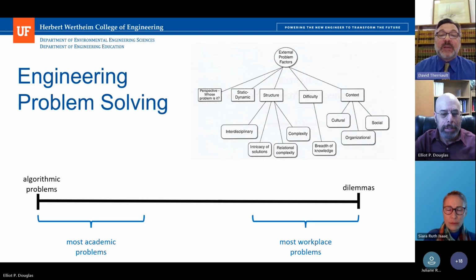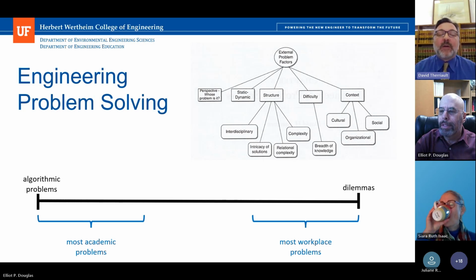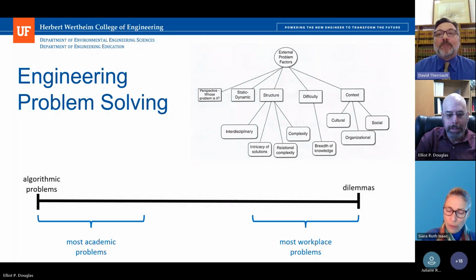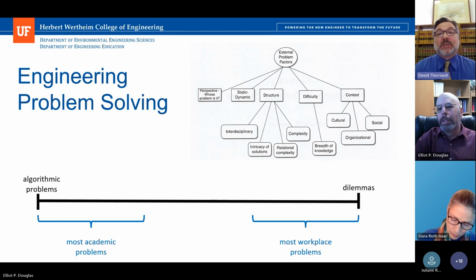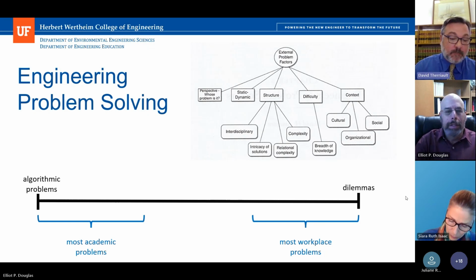One of the things we noted about this is the disconnect, and this is some of our prior work in 2010, 2012, where we found that students were identifying with academic problems that were algorithmic, that had a single solution, and this is how they thought they were trained, and that workplace problems didn't have this one solution answer, and it was more complicated, it had more uncertainty, more ambiguity. So the gulf between these two makes it very difficult for us to say we're doing the training in a way that's going to help people transition from instructional engineering to practicing engineering. Next slide, please.